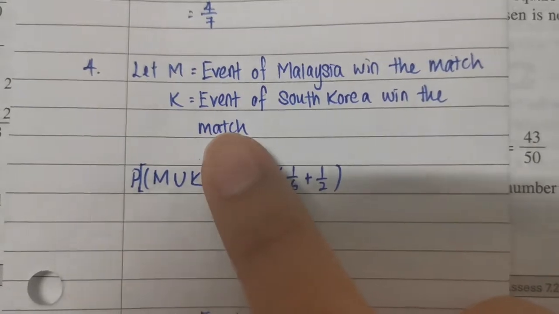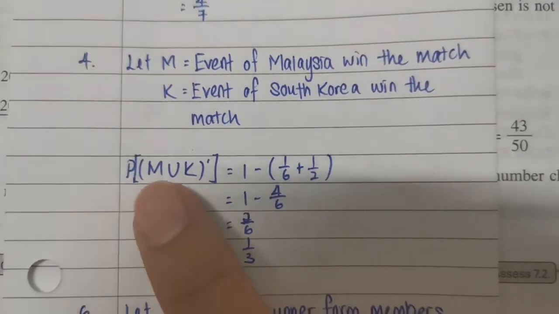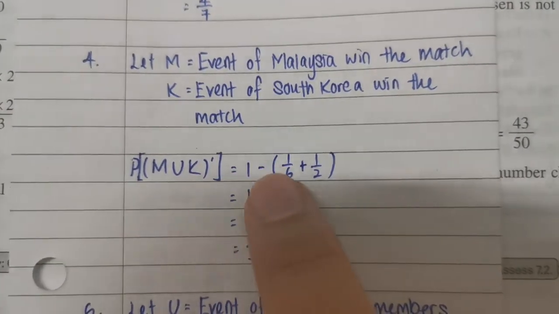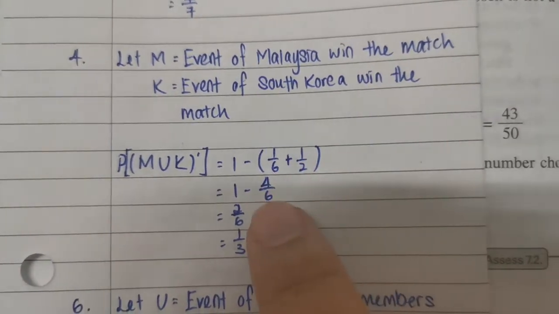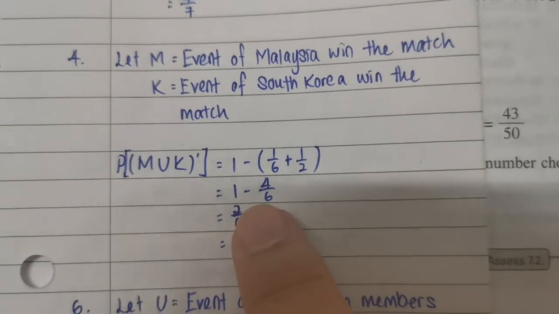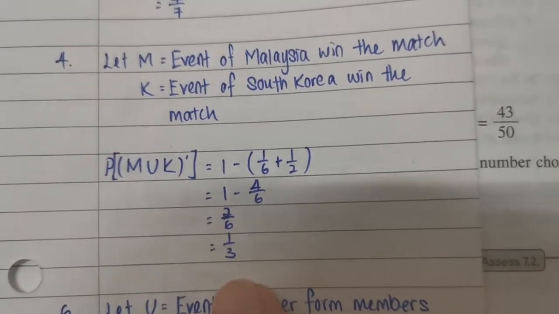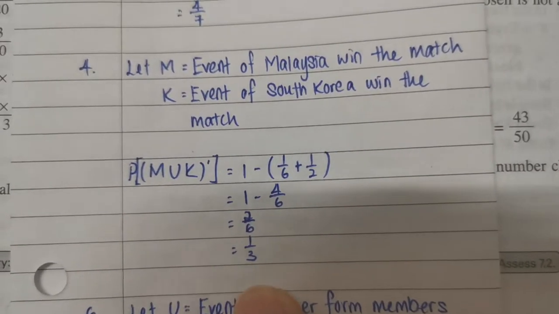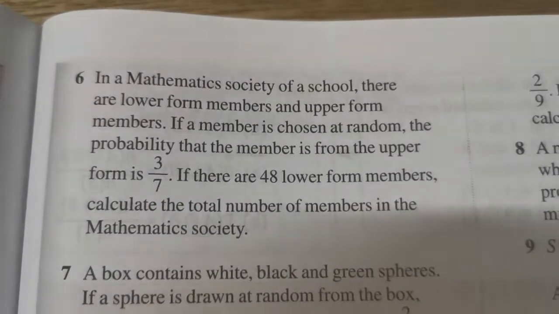所以我们 let M equals to event of Malaysia win the match, K equals to event of South Korea win the match. So probability of M union K 的 complement is 1 minus，这两个加在一起会变成4 over 6，so 1 minus 4 over 6等于2 over 6，simplify 1 over 3。这个就是它们会 end in a draw 的 probability。